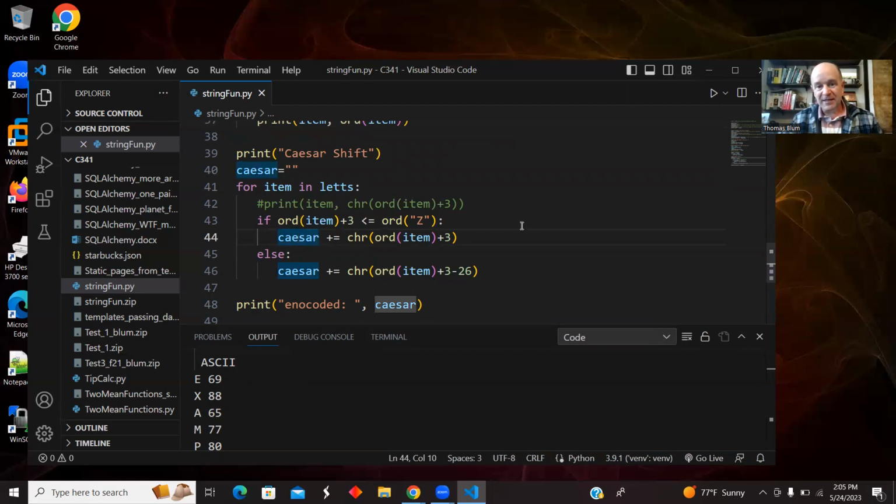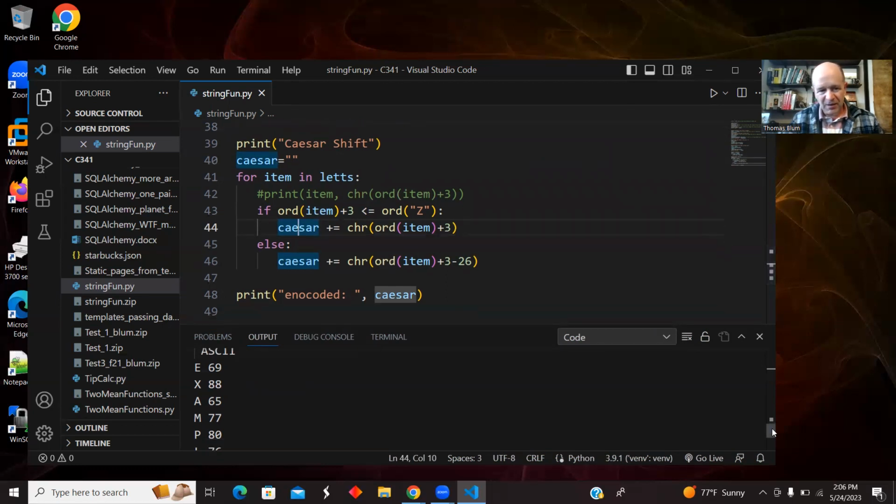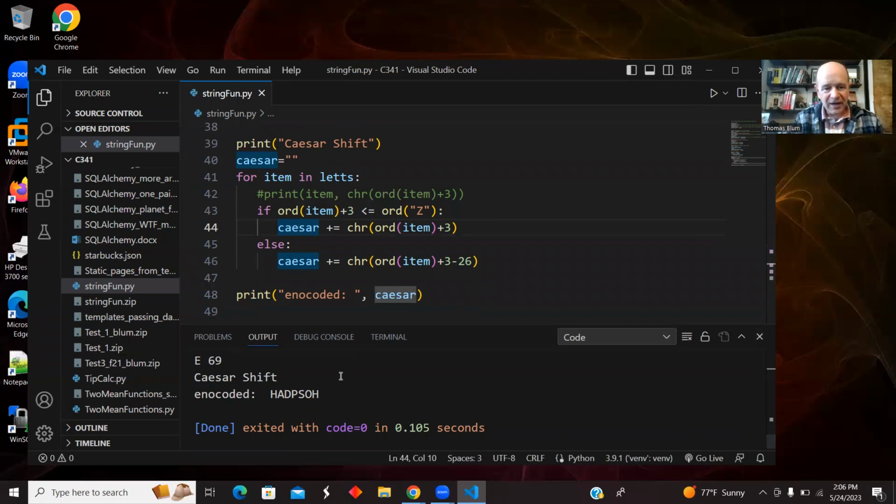But if I went past Z, as I do with my X in example, then I want to subtract 26 and go back to the beginning of my alphabet. So here I'm doing ord item + 3 to shift, but - 26 to cycle back to the beginning of the alphabet. And then I'm adding that on to my Caesar, which started off as blank, and that gives me my encoded word. So the word example, Caesar shifted by 3, is